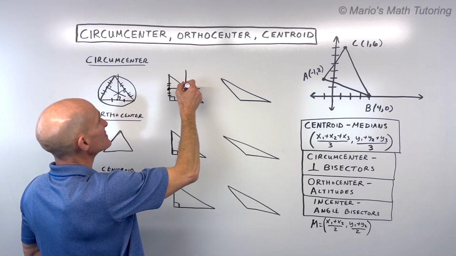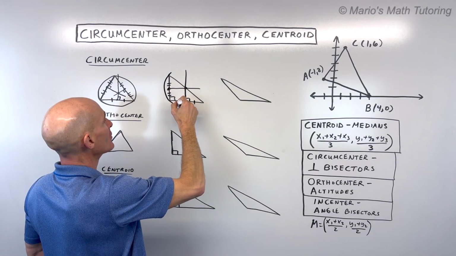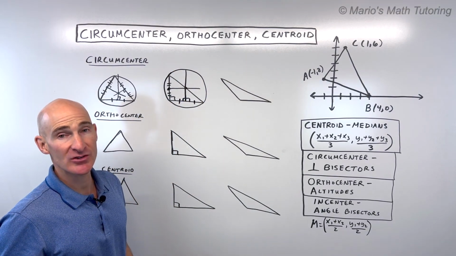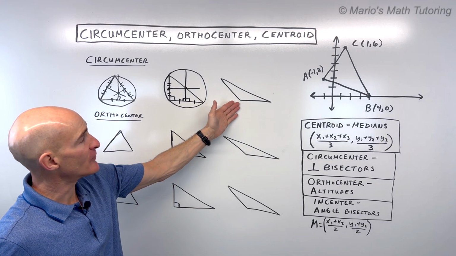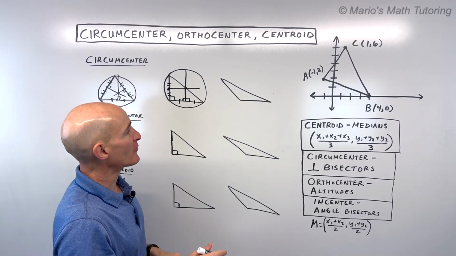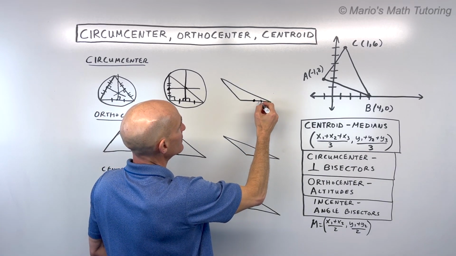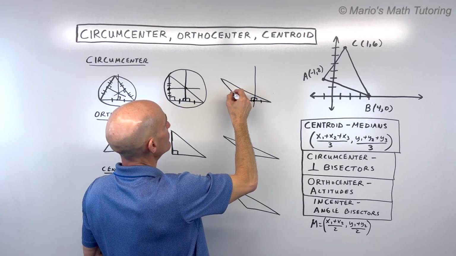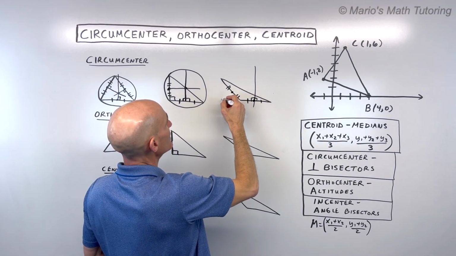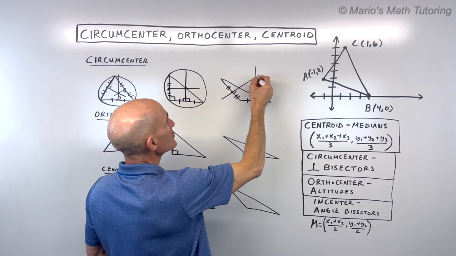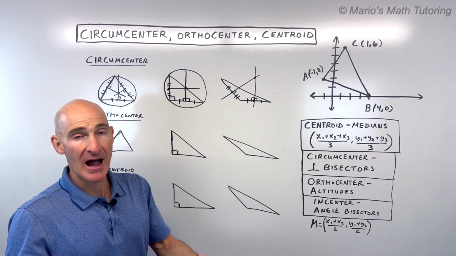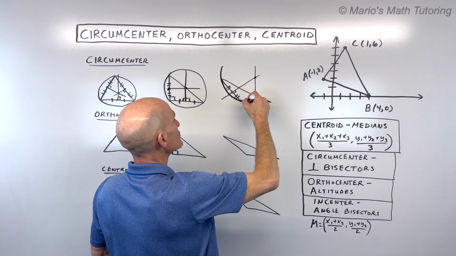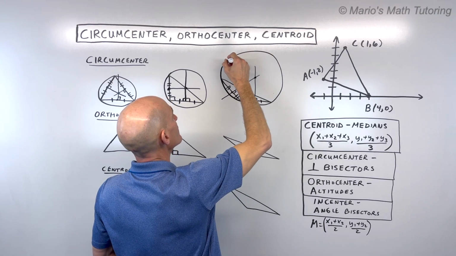And again, what you're doing is that's the center of a circle, and you're circumscribing, or drawing the circle about or around the triangle, such that the vertices lie right on that circle. And lastly, if you have an obtuse triangle and you're finding the circumcenter, you find that midpoint, draw a perpendicular, right angle, find the midpoint, draw a perpendicular, so 90 degrees. Notice that the point of concurrency, that circumcenter, is outside of the triangle. So now when you go to circumscribe or draw that circle around the triangle, it's going to look something like